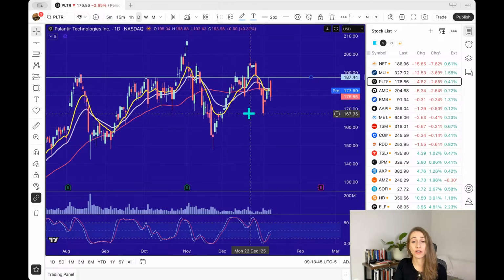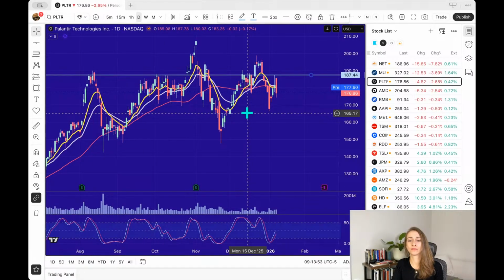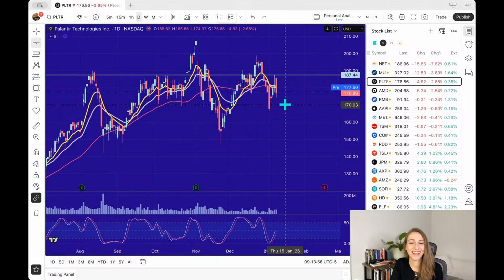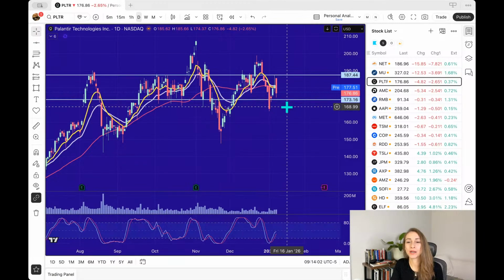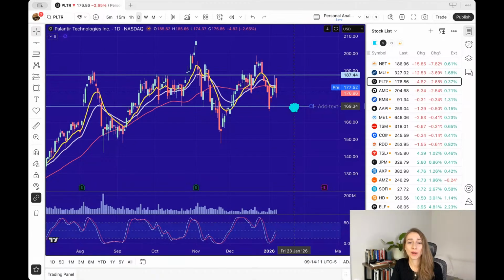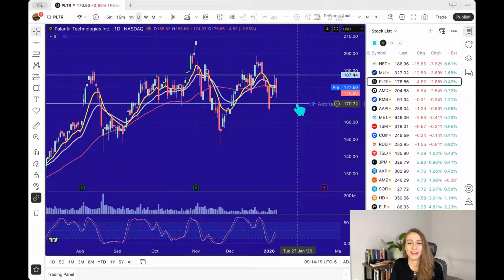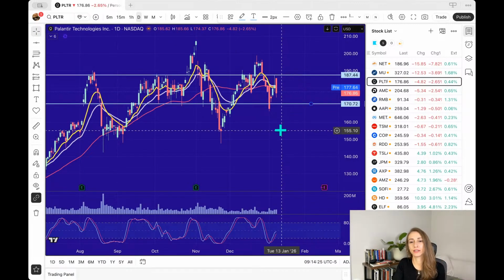Again, we're on the daily chart. So if I were to be buying this for my portfolio, I wouldn't. But if I wanted to, I would just make sure that it was holding above some of these levels. Depends on where you got in. I would say hold above this area here. Otherwise, I'd probably just try again later.